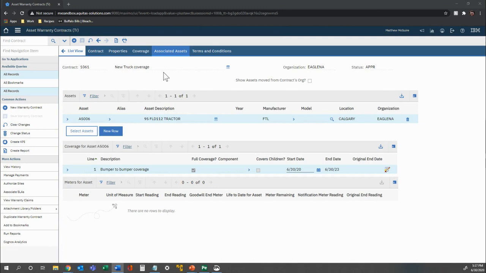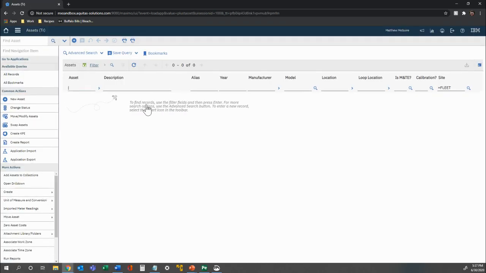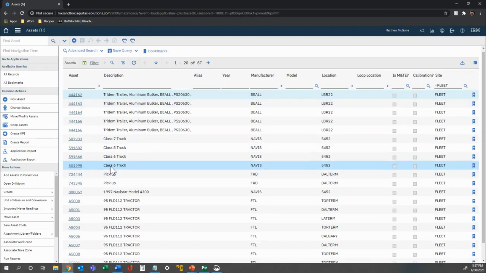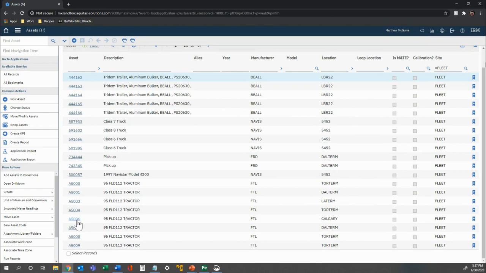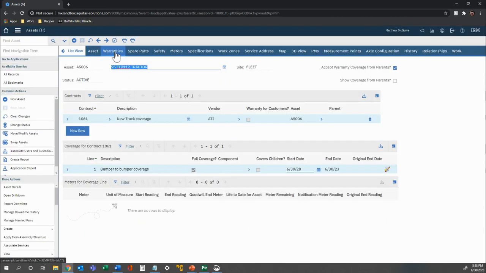Now that we've created an asset warranty contract, let's go ahead and create this warranty claim. To do that, let's go over to the asset record. Check out asset alpha 5006. We'll notice that this asset in the warranties tab now has contract 1061, new truck coverage, bumper to bumper coverage,